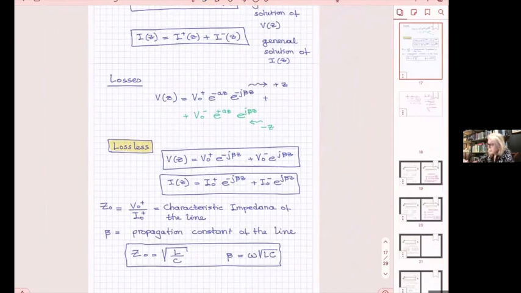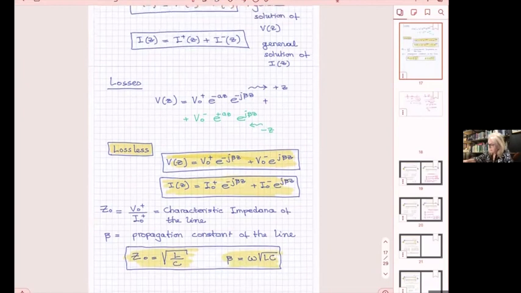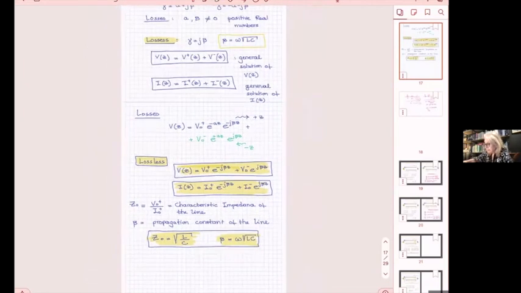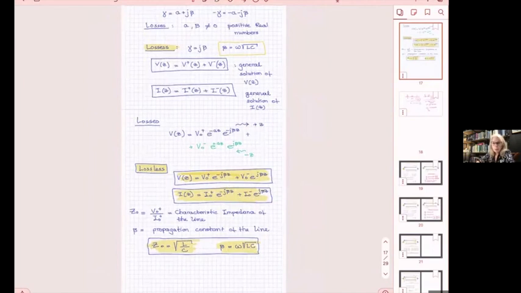From all of these, the only things that we will remember for now are these two, and of course the relationships between I naught and V naught and beta. That is going to give us everything we need to start writing problems and doing examples,